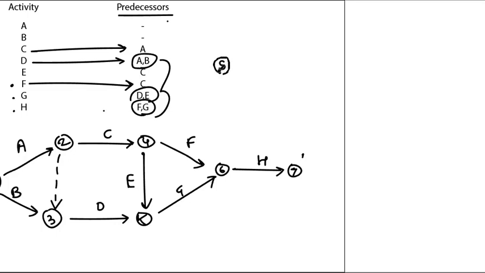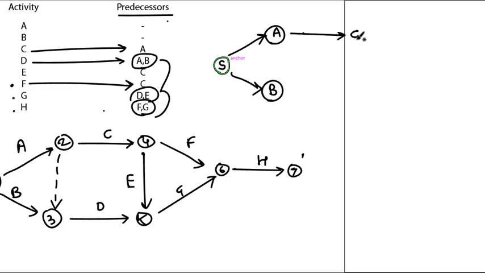Okay, now it's better. It says it is the start node. So A and B have no predecessors, right? So what you will do, this will be A and this will be B. You will be representing it as a node. Now C will come from A, right? So there will be C starting from A, and A and B both have to be completed for D.